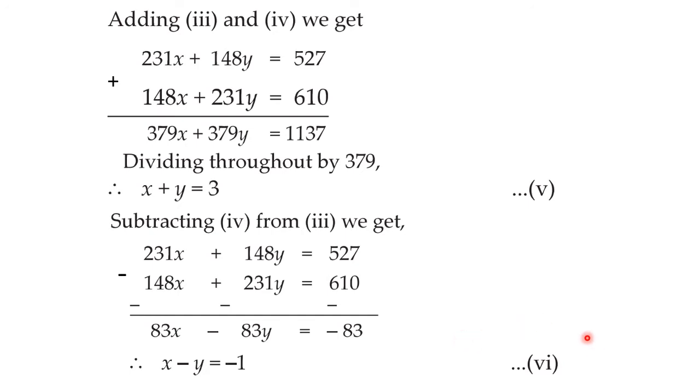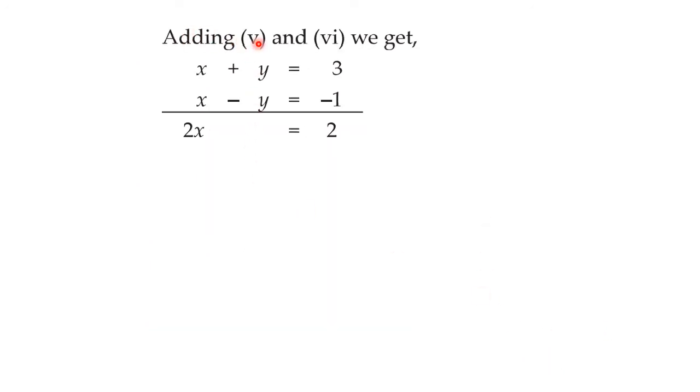Now let us add these two equations 5 and 6. The fifth is written up, x plus y is equal to 3, and the sixth is written down, x minus y is equal to minus 1. Again you write down this plus sign to show that you are adding. When you add here, plus y and minus y got cancelled. x plus x, 2x, and 3 minus 1, 2. So 2x is equal to 2. Therefore, we will get x is equal to 1. So we got the value of one variable, that is x is equal to 1.